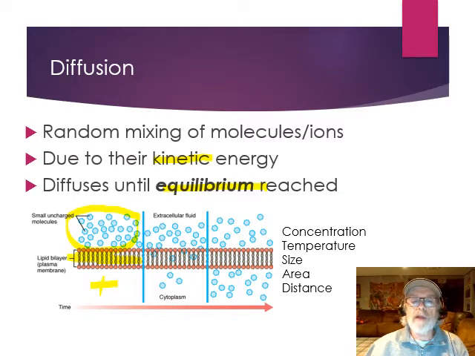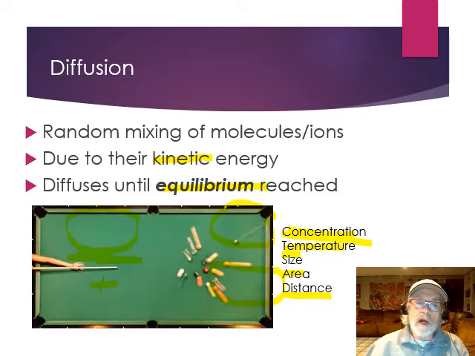Eventually, if I counted the number of particles on this side to the number of particles on this side, they'd be the same. I haven't counted, so I'm assuming it should be the same. And that means that they've reached an equilibrium. And what are those factors? Concentration gradient, the temperature, the size of the particle, the area across which it could diffuse, as well as the distance. Basically that's what we see with diffusion, this random mixing. So like a pool table, boom, those balls are going to go until they stop in motion,